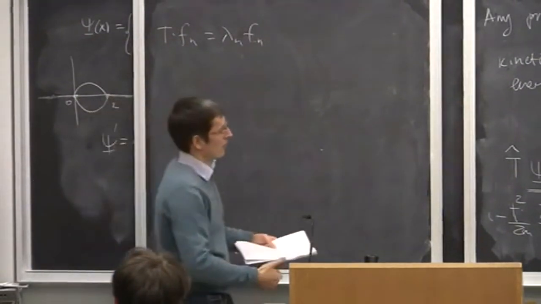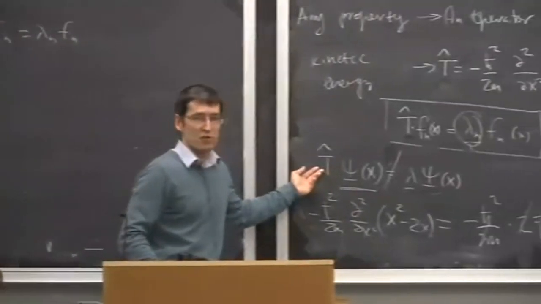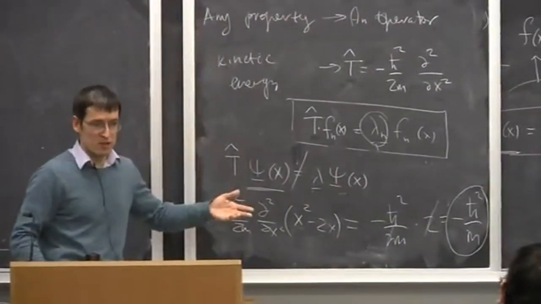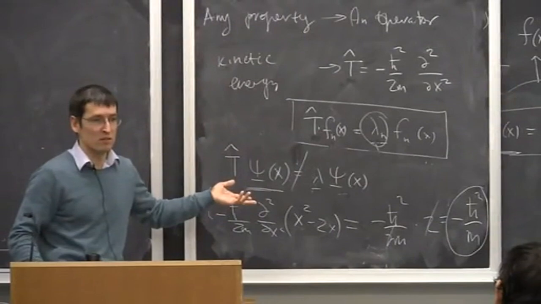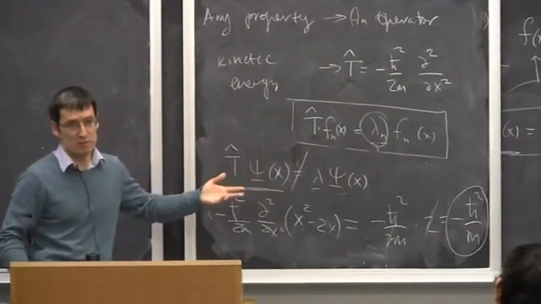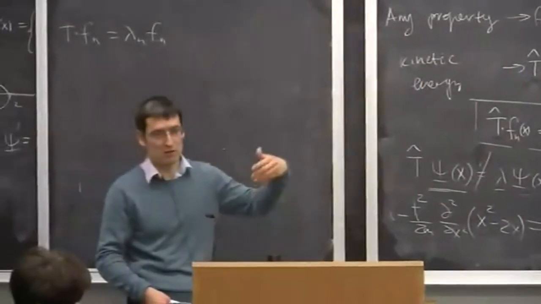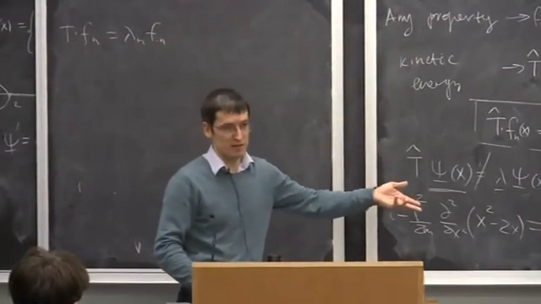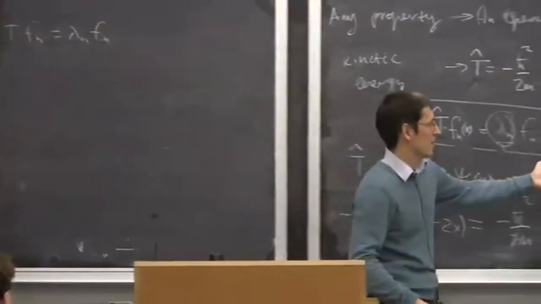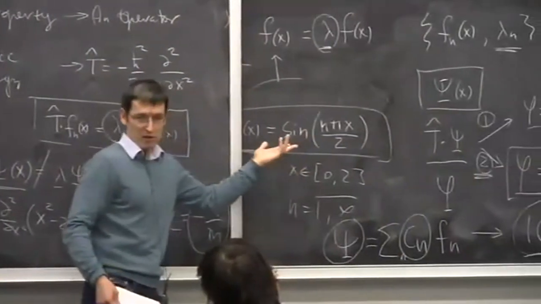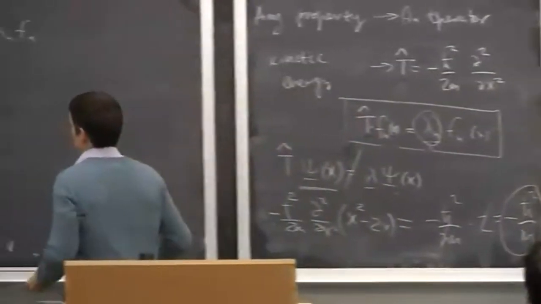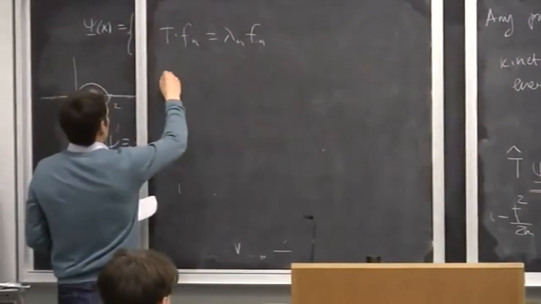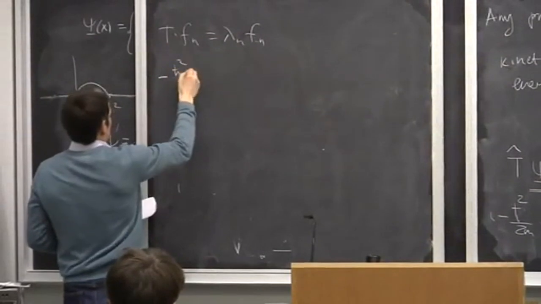Well, right away, T has a double differentiation, right? You differentiate sine function twice, what do you get? Sine function, right? Because first time you get cosine function, second time you get back sine. So that's why there is a big hope that these functions are eigenfunctions, because T is a double differentiation with some extra constant.